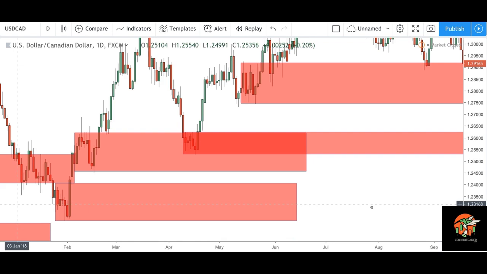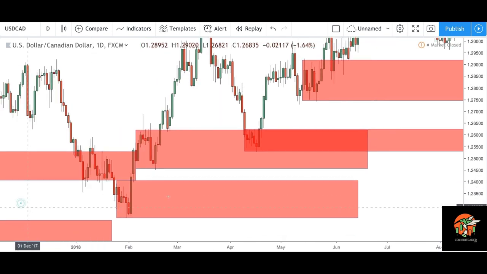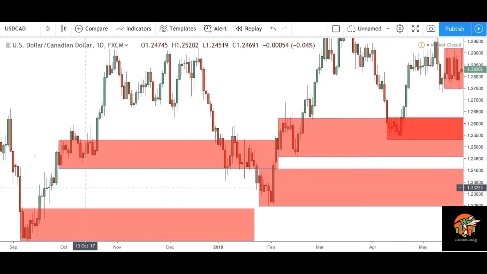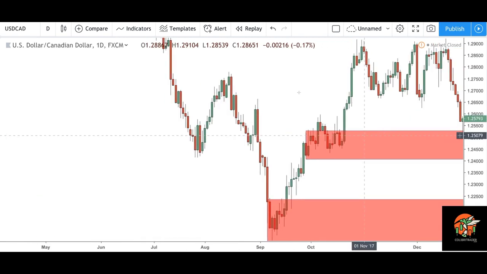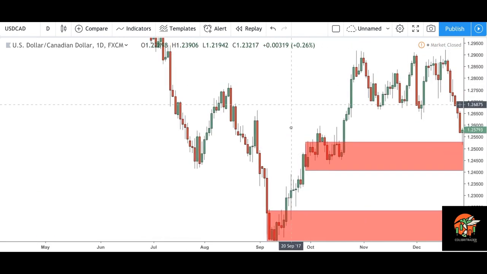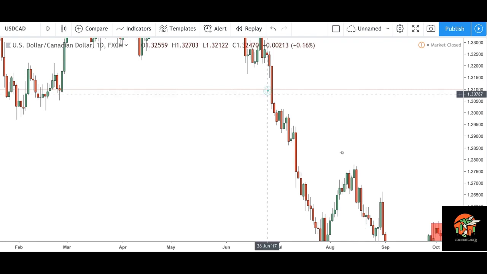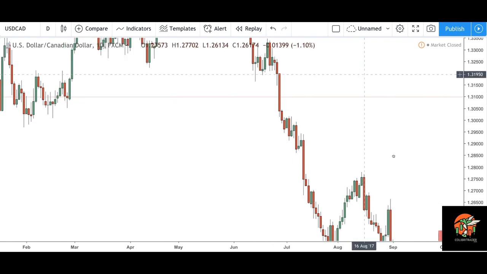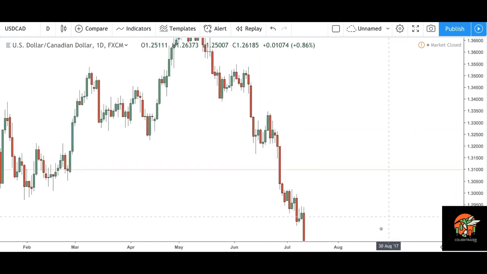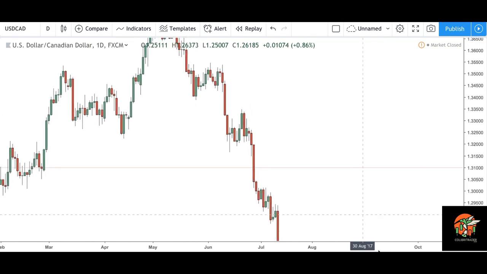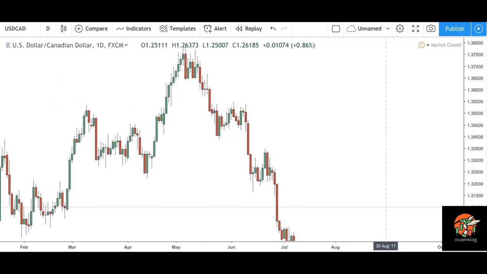And if we go back in time, let me scroll back so we can see if we can find other areas like that. Again, you can see there are quite a few of those